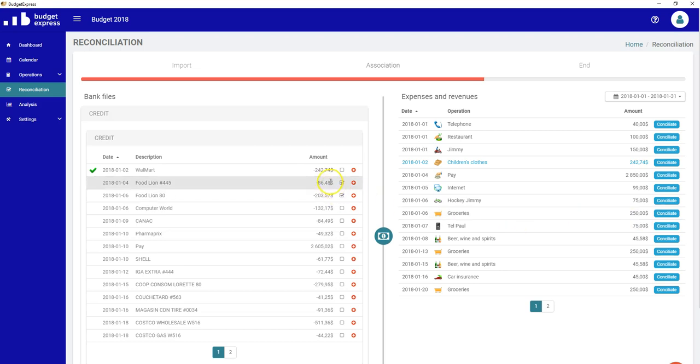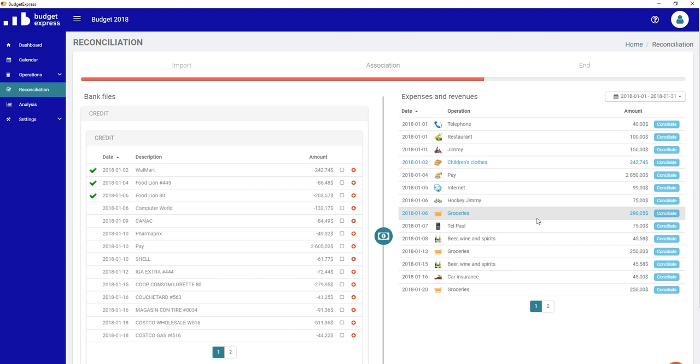Now what it will do, it will add both of these entries and enter them into my planned groceries operation. So we can do 2 or 3 or 4 at the same time. There's no problem with that. And you will see when we go back to the calendar what it actually did